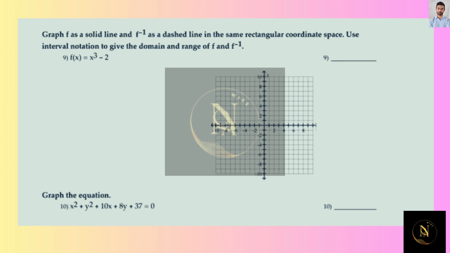I'm going to graph f as a solid line and f inverse as a dashed line. And then we want to use interval notation to give the domain and range of both of them. Well, the domain of the original function, since it's a cubic, will be all reals, and the range will be